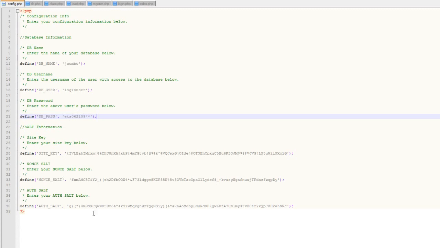Then we have our salting information. We have a couple different salts here. One, we have our site key, and our site key is unique to our site. What that essentially does is, when we go to hash and start talking about hashing passwords, we want something that's unique to our site. So if someone installs it on their site and then you install it on your site, you each have a different site key. And the reason you want that is because one of the main ways that somebody would attack